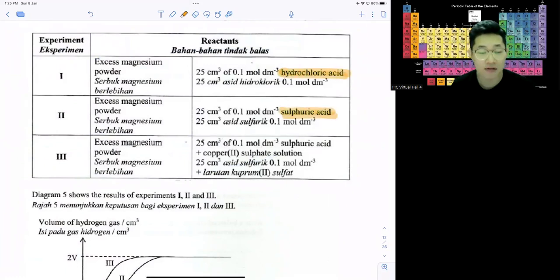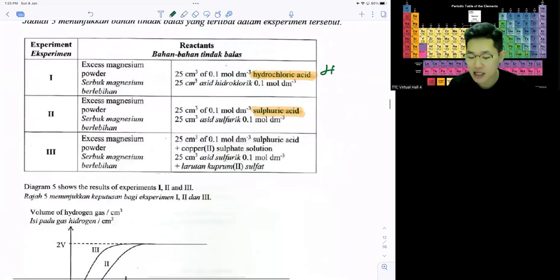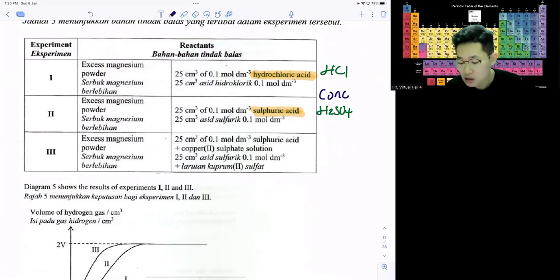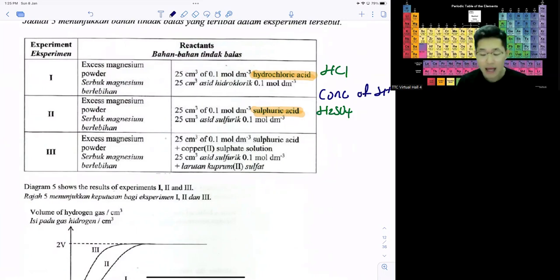Hydrochloric acid and sulfuric acid. 它用不同的 acid。Hydrochloric acid 是 HCl，sulfuric acid 是 H2SO4。So 它的差别在什么？在哪里呢？它是什么 factor 呢？What's the factor that's affecting the rate? 1H and 2H is definitely concentration of hydrogen ion，所以它的 concentration 不同。